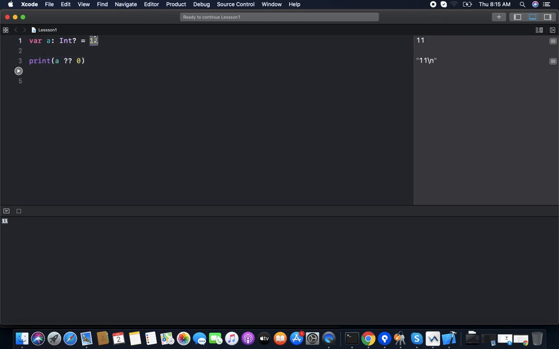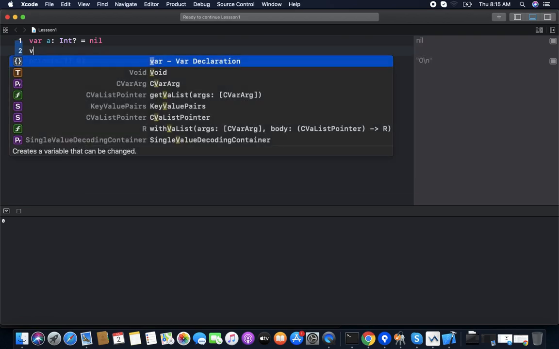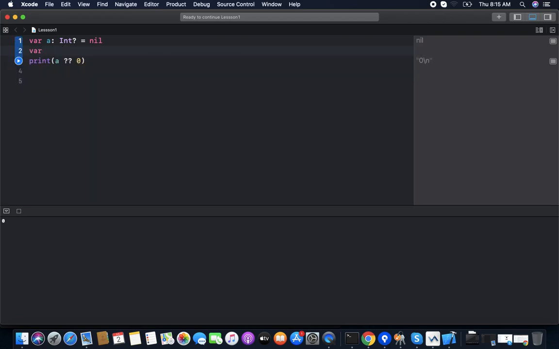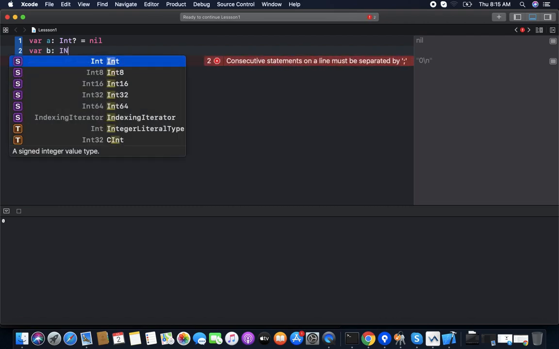But if it is nil, then it returns the default value provided by us. Also we can assign any value with the nil coalescing operator. So we have b with the type of Int.